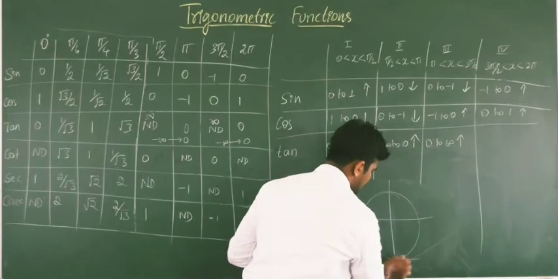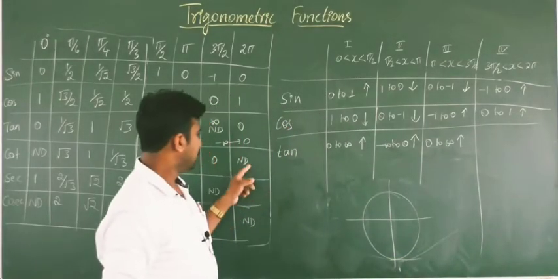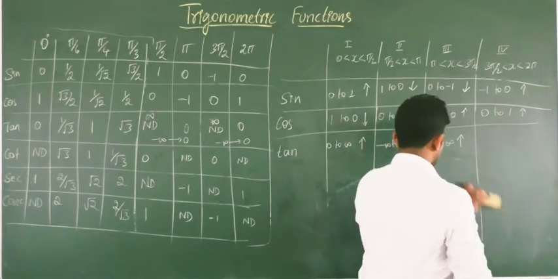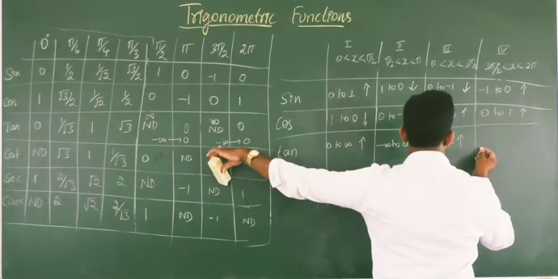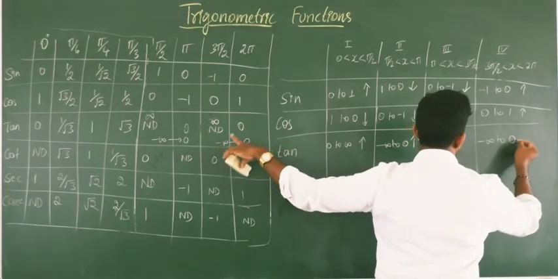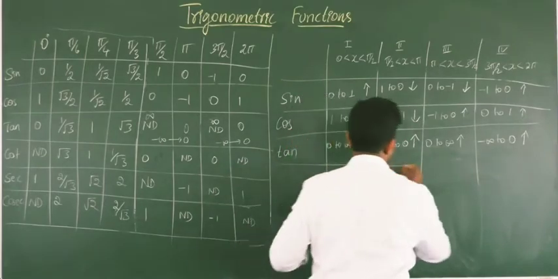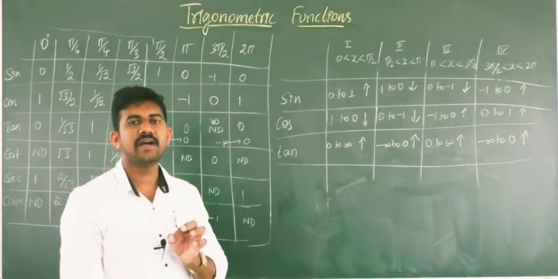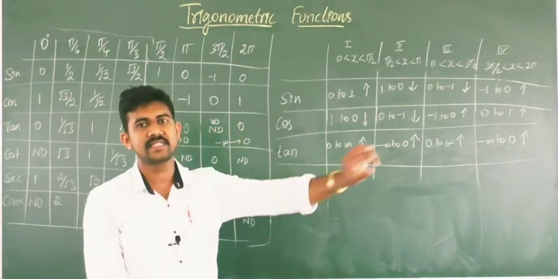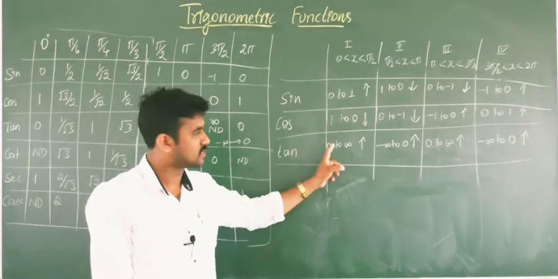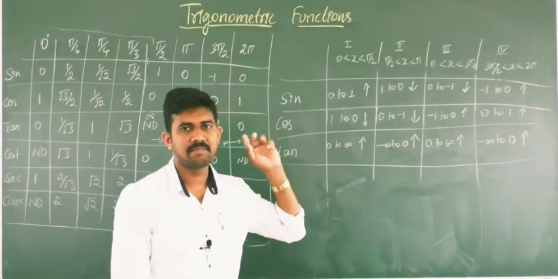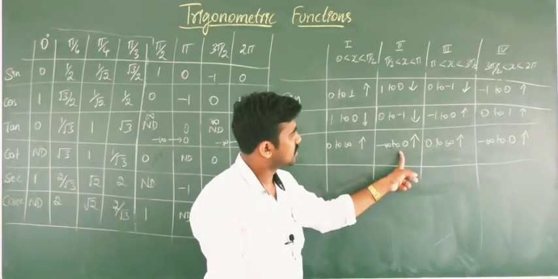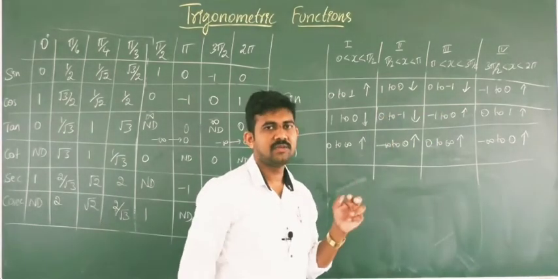Minus infinity to 0, okay. In the graph it comes the same way, so check the graph afterwards. So here in the fourth quadrant, the trigonometric function, that is the tan function, is increasing from minus infinity to 0. So always remember, the tan function is always increasing in all quadrants. It keeps increasing, 0 to infinity, okay, and here minus infinity to 0, 0 to infinity, minus infinity to 0.